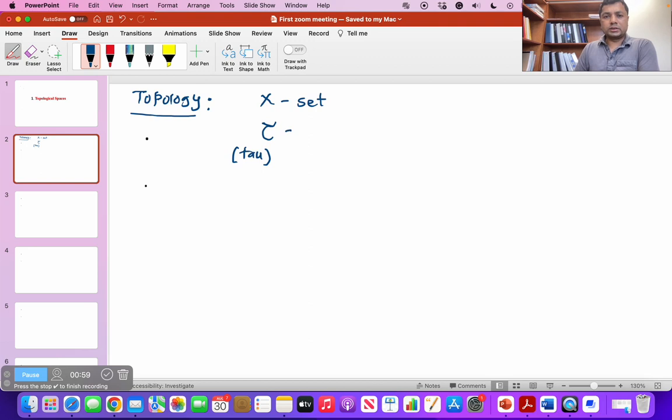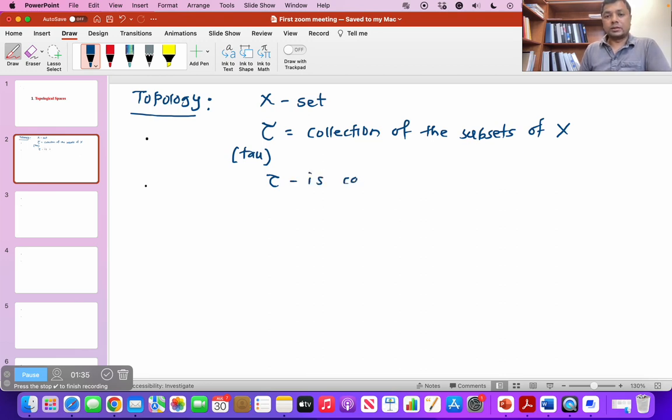Let's say tau is a collection of subsets of X. So we have a set X and this tau, which is a collection of subsets of the given set X. Then this collection tau is called a topology on the given set X